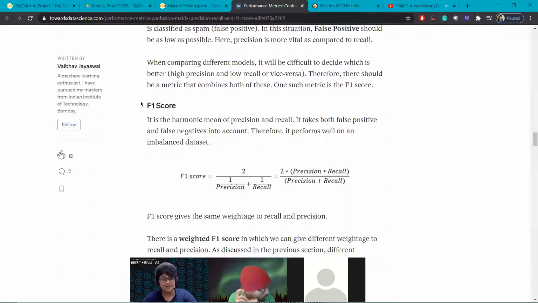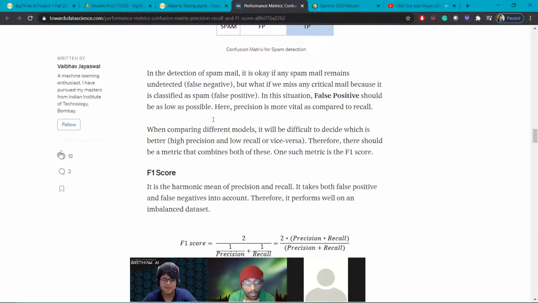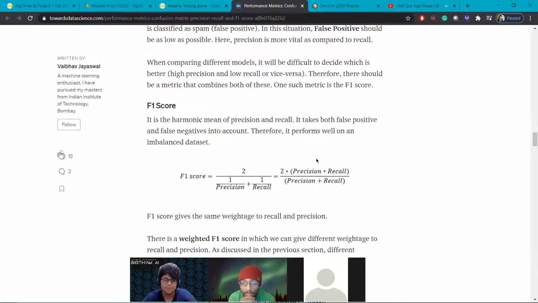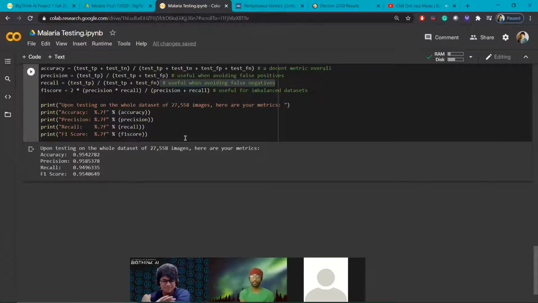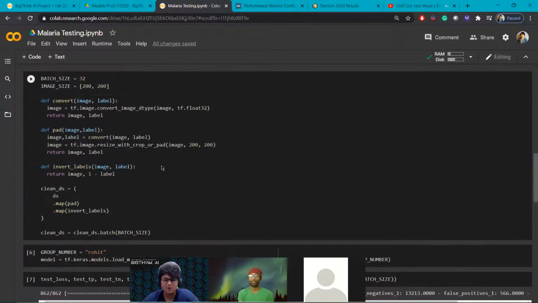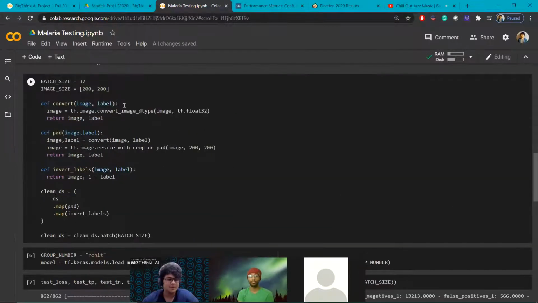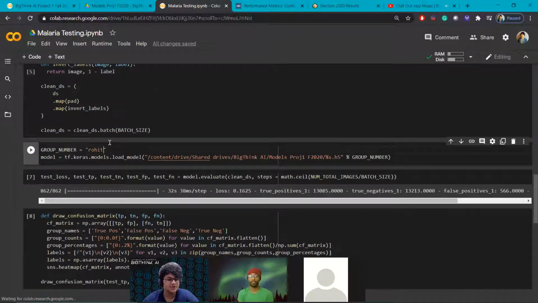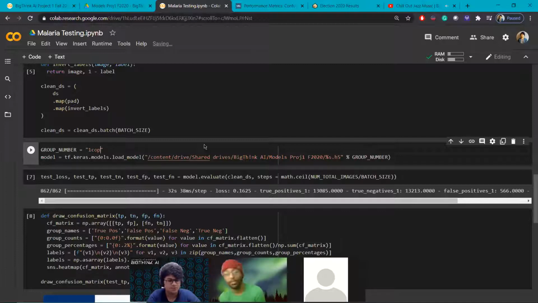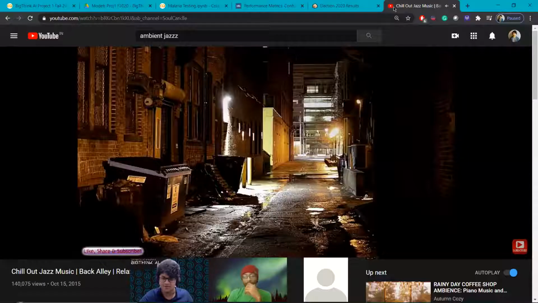When you don't have an even balanced data set, we rely on something called the F1 score, which kind of balances out the previous two metrics that we had. So that's just a really high level intro to performance metrics. And now what we're going to do is load in each group's model that we have so far, and we will welcome them to show us their model. Actually, let's have them show their model first, and then we can get to